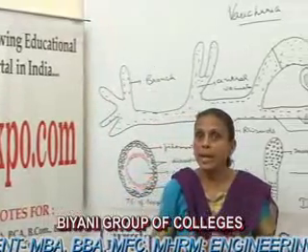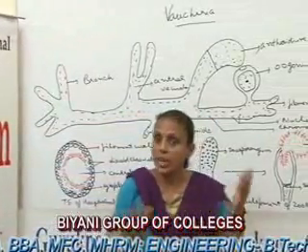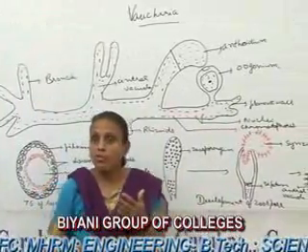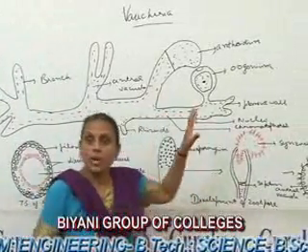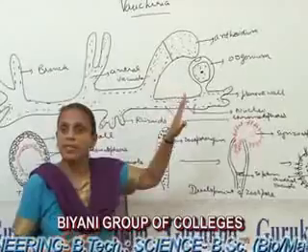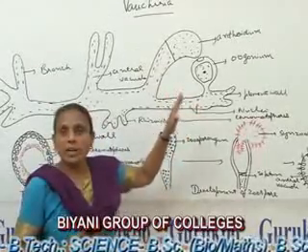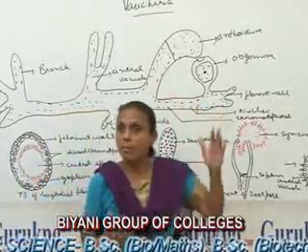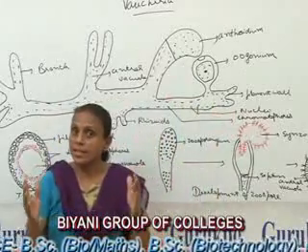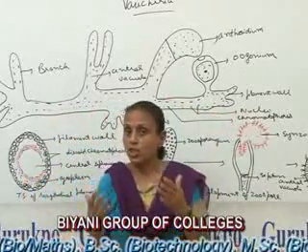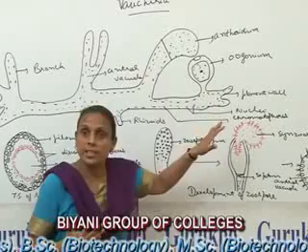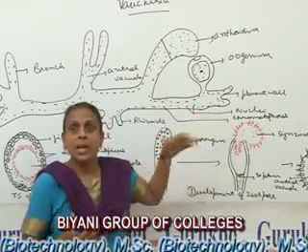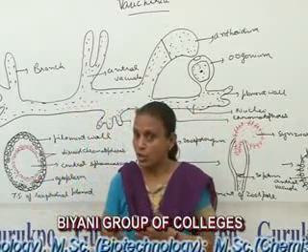Today I will deliver my lecture on the alga Vaucheria. Well friends, as you are well aware, Vaucheria is a xanthophycean alga, a siphonaceous alga, a filamentous alga. In Vaucheria, the thallus consists of two types of systems: the underground rhizoidal system, as you are seeing in the diagram, and the erect aerial branches.